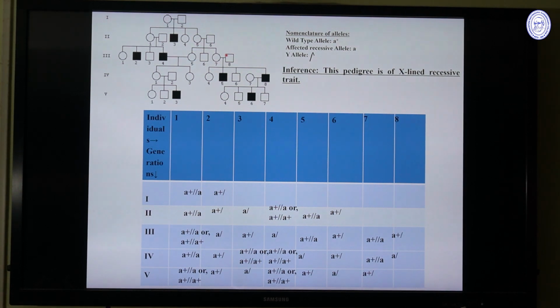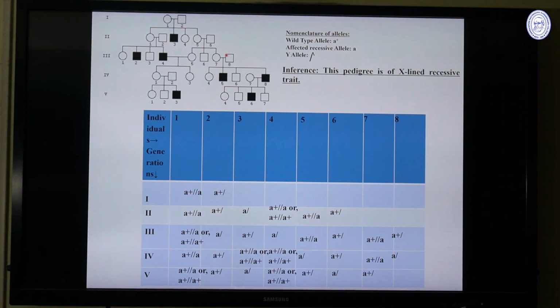Now these individuals can be A plus or may be heterozygous. But the 5 condition, that is 2-5, should be a carrier,